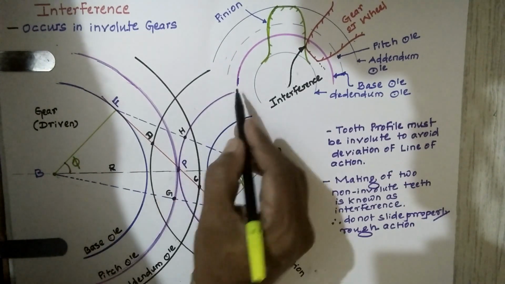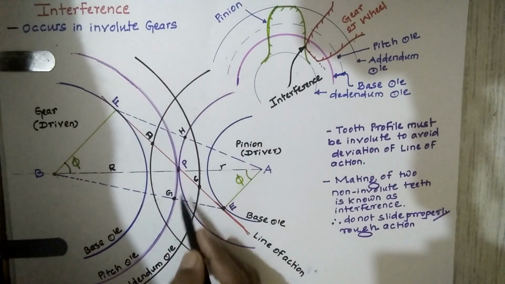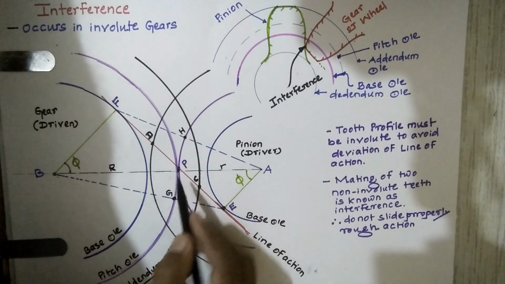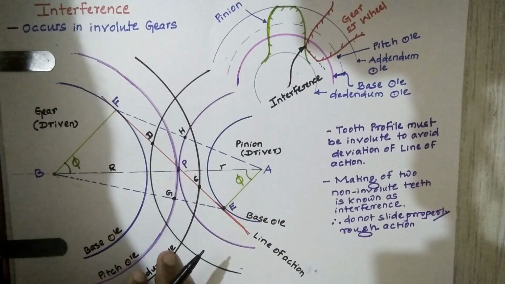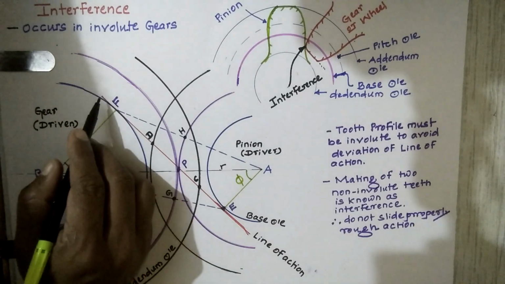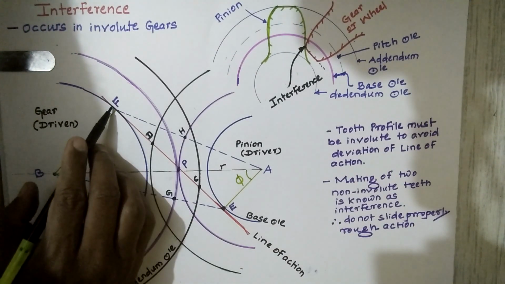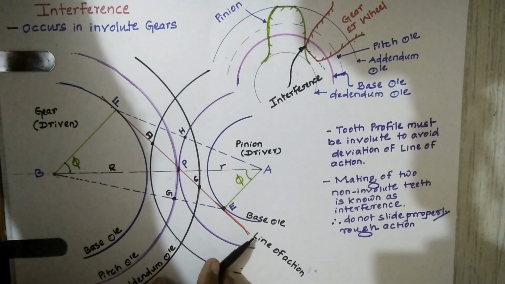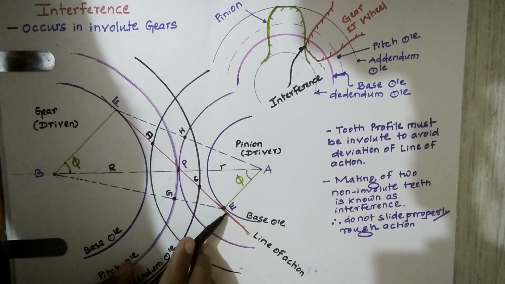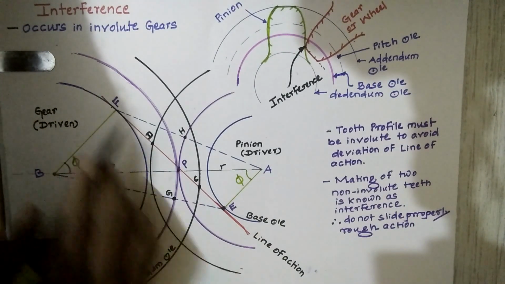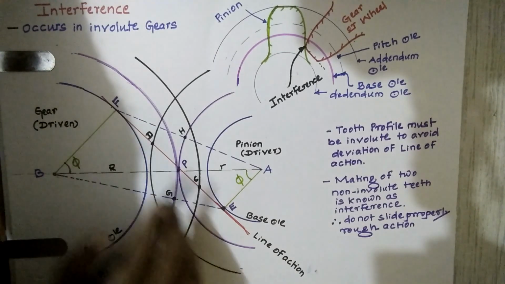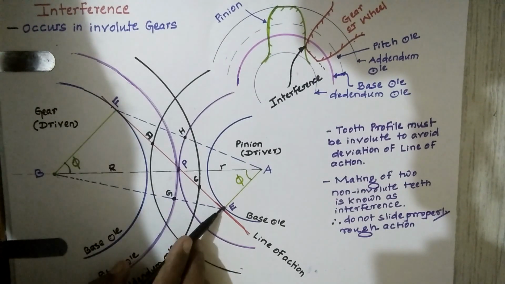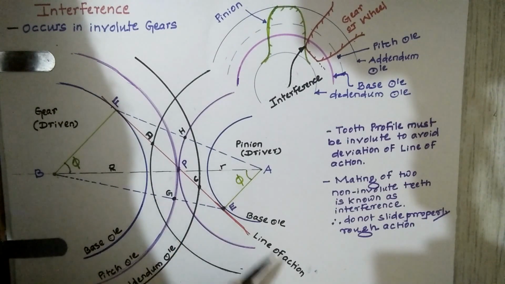Look at this one. The intersection of the pitch circles is the pitch point. I have taken it as P. Then the line of action, that is EF. Line of action, or one more name, the pressure line also. Exactly, it is a tangent to the base circle. You have to remember this also. The line of action or pressure line is exactly tangent to the base circle. I have taken two points E and F. These are the tangent points to the base circle.